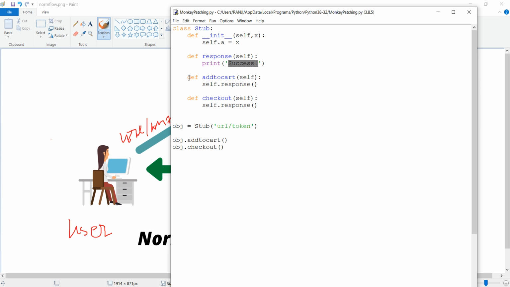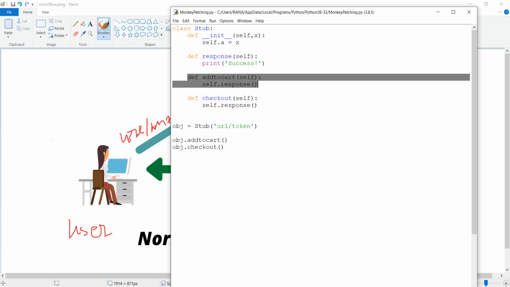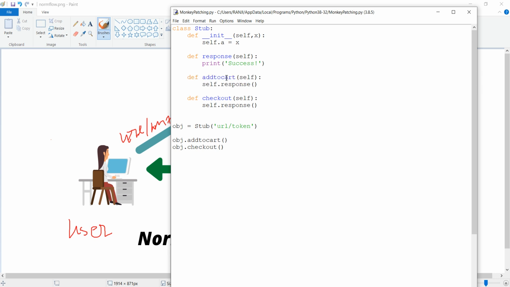Then I have an add to cart method. If you want to add some items to your cart, you call this method, and if you choose the item and the quantities and that is successful, it will call the response and print success.